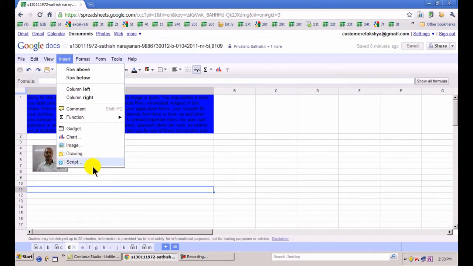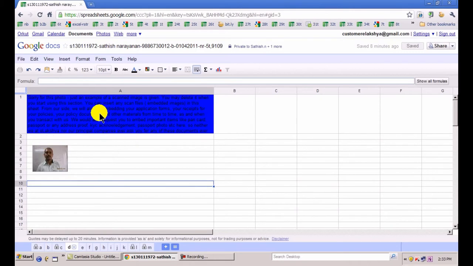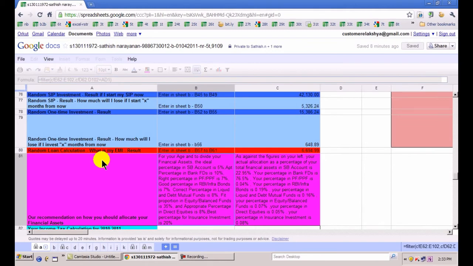You convert it as an image and insert it into this particular sheet, which means your renewal notice, your address proof, everything will be right here. We at Elexia will never ever in future come and ask you for some documentation again. So it's like a donkey which stores all your documents. The .elexia file, the product, is your friend, philosopher and guide.